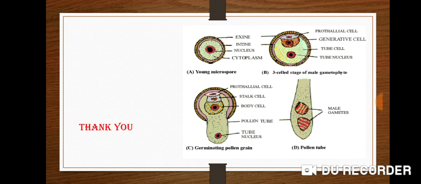When the pollen tube normally enters the style, either the style is hollow or it may be solid. Totally, the pollen grains penetrate into the style and enter the ovule.